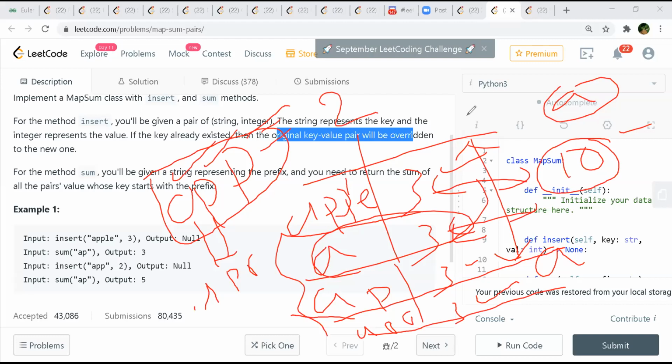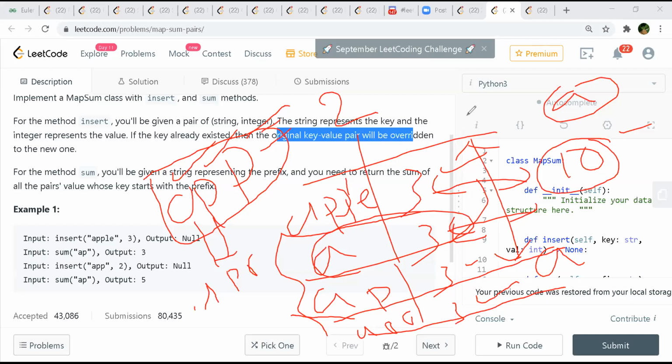But then you lose out on the prefixes you have stored for Apple. Yeah, that is fine, right? Why should that be a problem? After that I got the Apple, I'm updating the value to 2. So how are you going to differentiate that? Okay, so in that case, he already knows what is the value of Apple, right? Which is 3. Now you want to make it 2.